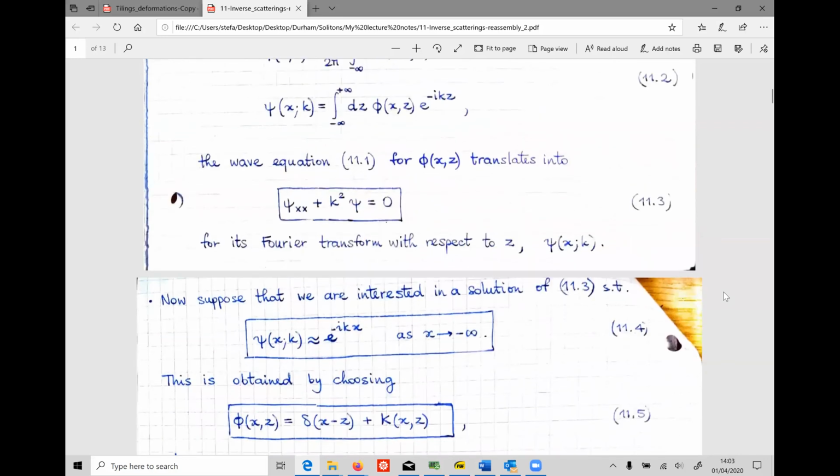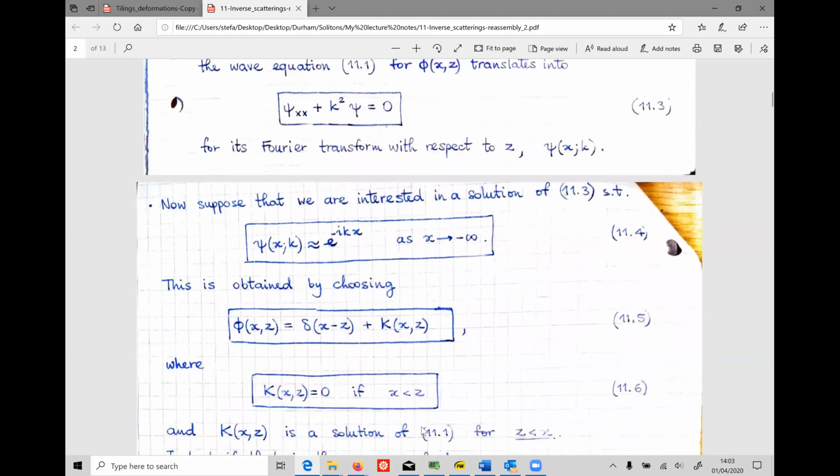Well, we can use the formula here in the second line of 11.2. Here, the original field phi of x and z appears in the integrand. And so in particular, we can choose phi to be equal to a delta function of x minus z plus a function k, which I will call the integral kernel, which is a function of x and z,